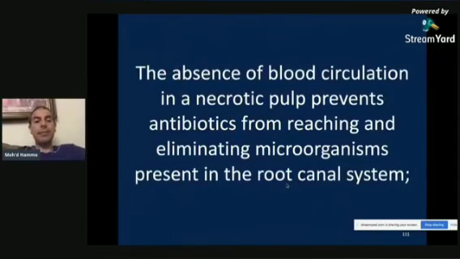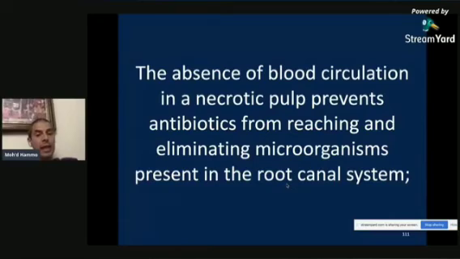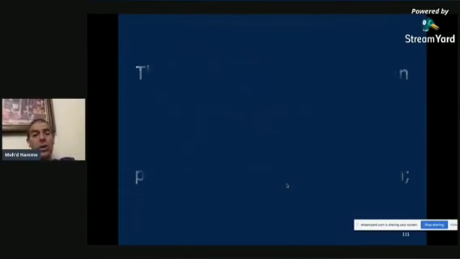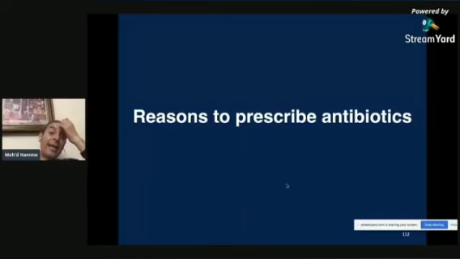Let's see here. The absence of blood circulation in a necrotic pulp will prevent antibiotics from reaching and eliminating microorganisms. So for those who think antibiotics will reach the canals, it will not, because there is no blood circulation. So what are the reasons to prescribe antibiotics? We have several reasons. First,